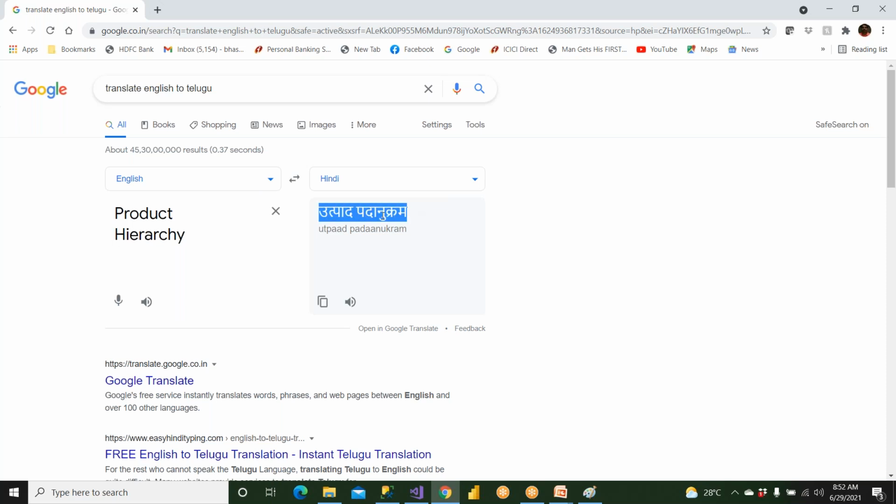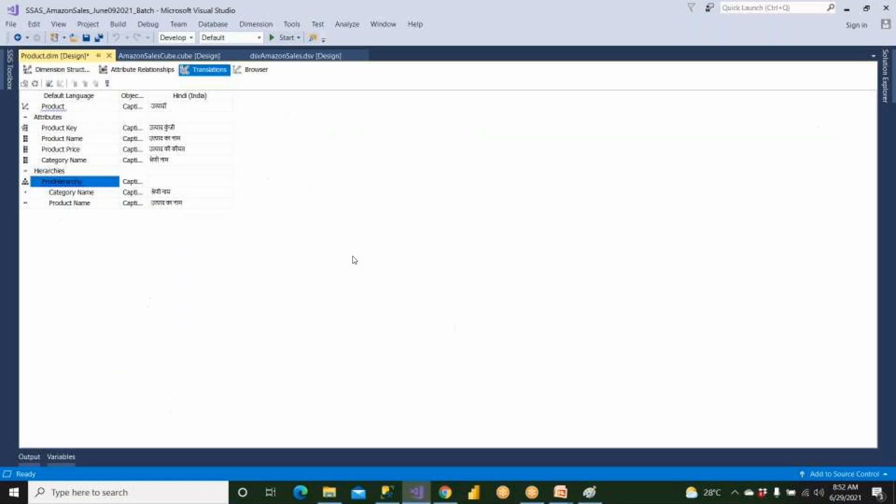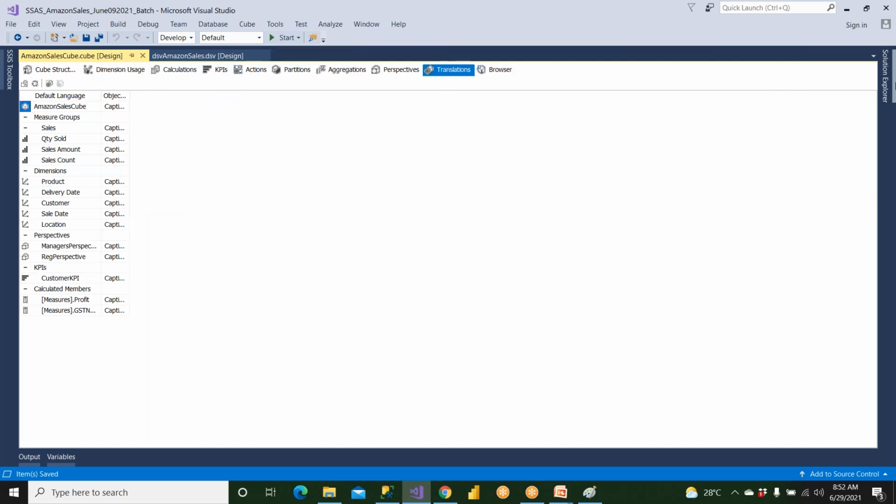Okay, whether it is correct or not, I don't know. Kavit, is it correct? So you may be knowing Hindi very well, right? So category name, product name is visible. Now it is fine. Now we have translated everything. Fine. So once you translate this, again, same thing with your